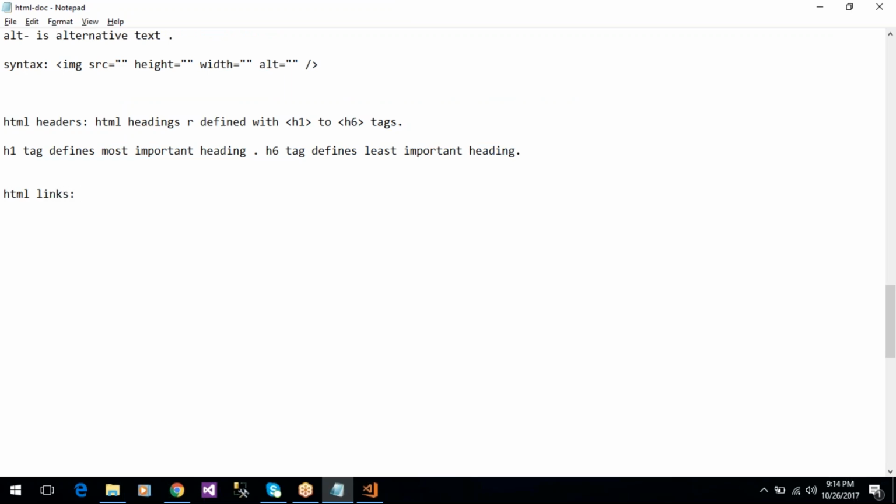Okay, so after headers we can move to HTML links. Links are defined with the a tag, so nothing but hyperlinks. These hyperlinks are used to redirect from one page to another page within the same application,